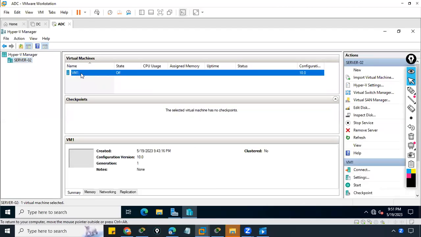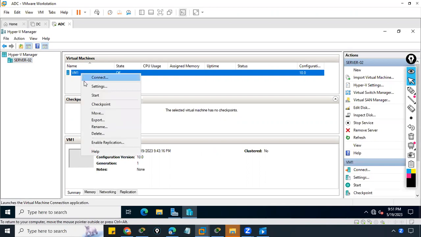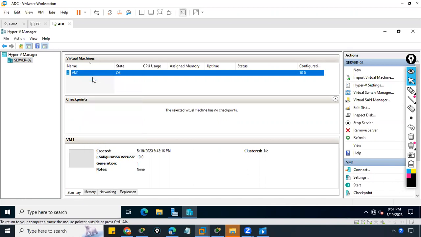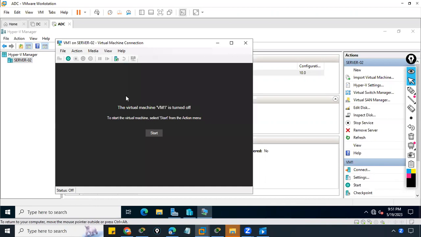So VM1 is created. Now we need to install the operating system. How will you install the operating system? You will right click on this virtual machine, then you will select the connect option. Then we need to provide the ISO image path, or we need to provide the media path of Windows Server